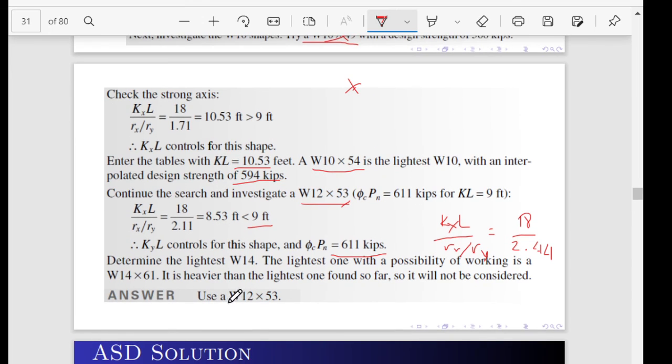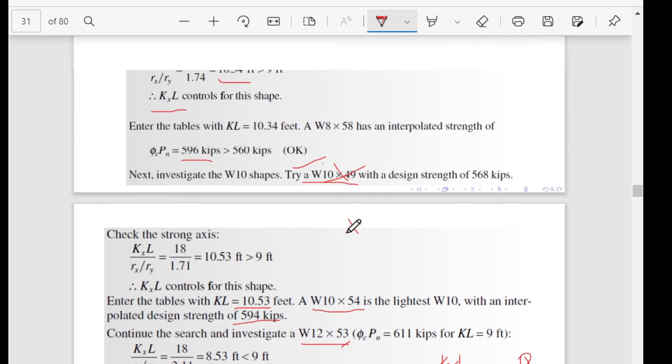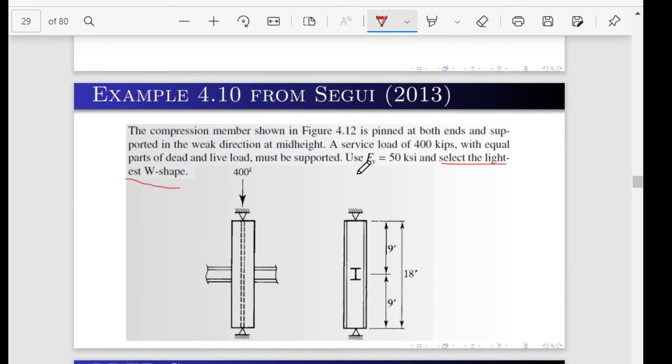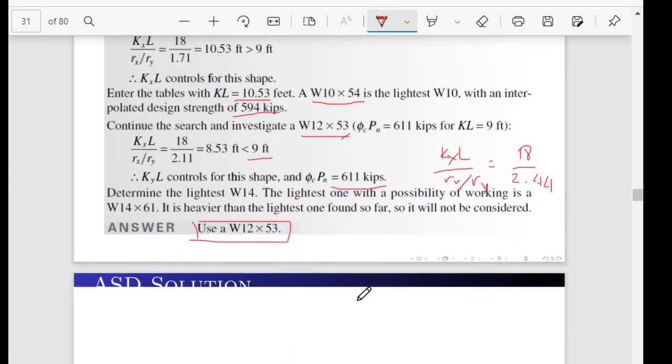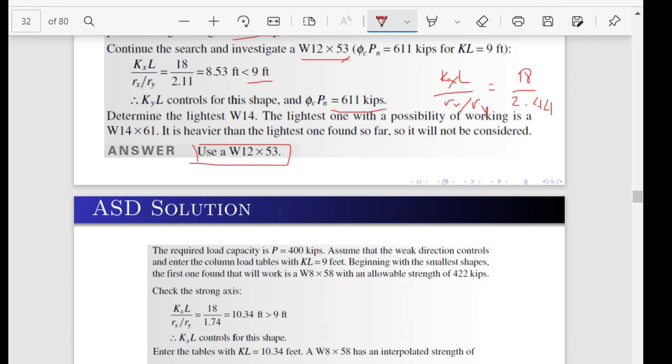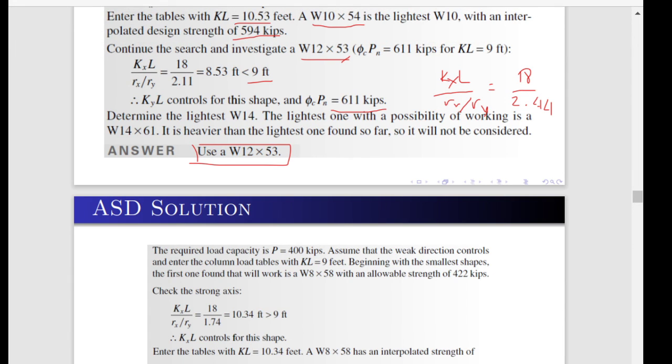So, we have this final answer, W12 by 53. This is the lightest shape that will comply, or that will resist this service load. That is for LRFD. Next we'll discuss